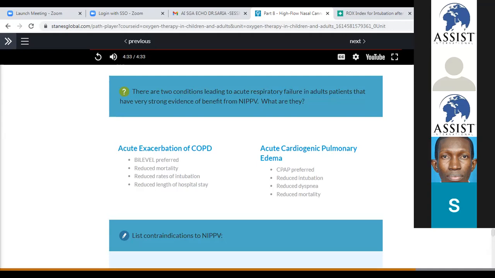So the difference here in short is that when we talk about continuous positive airway pressure ventilation, it means the patients are breathing but at a constant pressure during the inspiration and the expiration. Simple example, it is like when you are in a moving car and you put your head outside, and it is at a constant speed, then you are breathing in and out at that constant speed. Can you try to imagine in your head the way it will be? You'll be able to breathe, but somehow, somewhere, it will be a little bit difficult and uncomfortable,